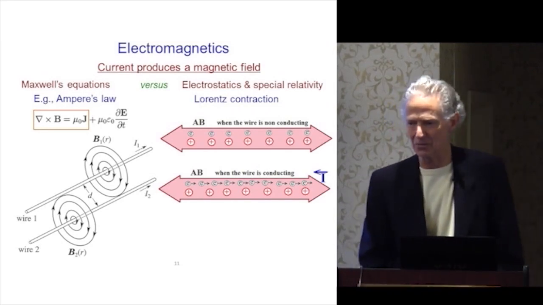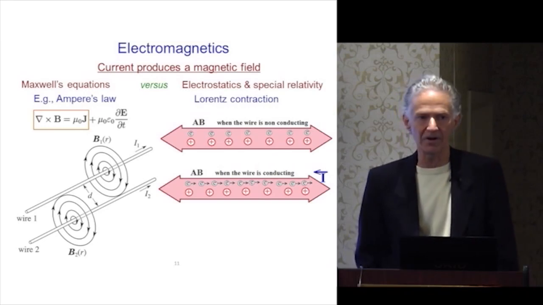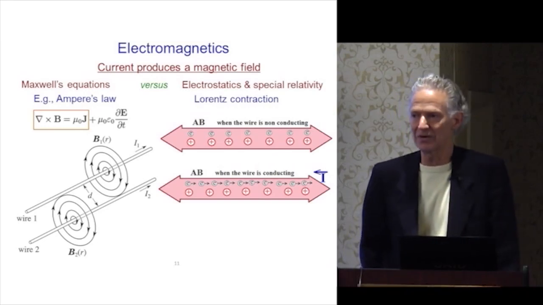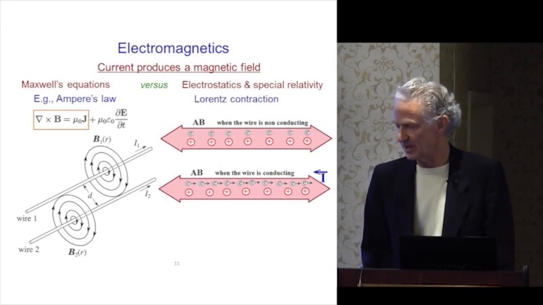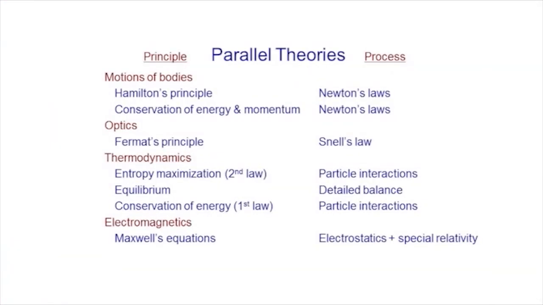This was a particularly interesting one for me, and I went to a fellow in my department who's an electromagnetics theorist, really a brilliant guy. And I was talking to him about how you can derive magnetism, which is not one of the 4 basic forces, how you can derive it from relativity. And he was very puzzled. And I said, well, where do you think magnetism comes from? And he said, from Maxwell's equations. And I said, but relativity explains it. And he said, no, relativity comes from Maxwell's equations also. I was flabbergasted, but that really is another legitimate view. So we have the principal view and the process view.